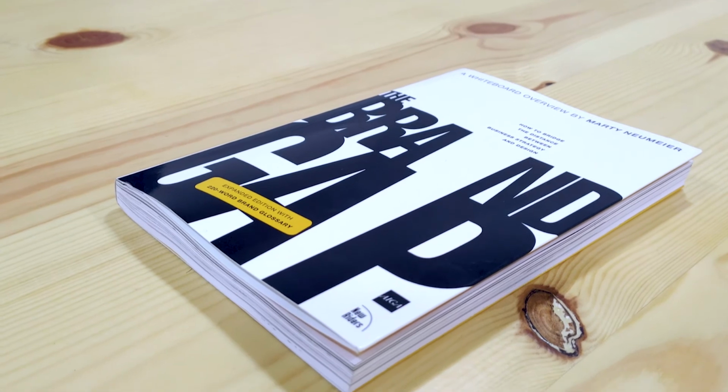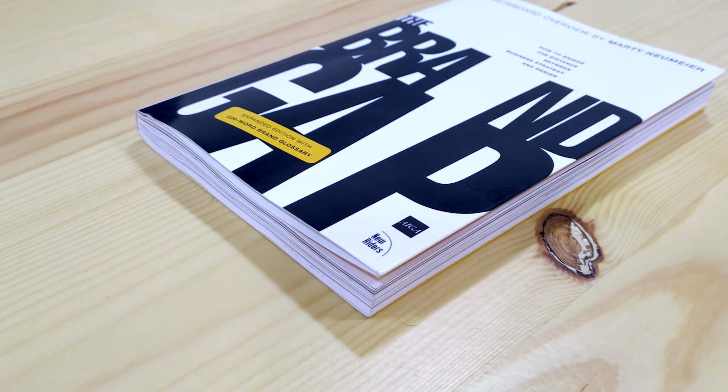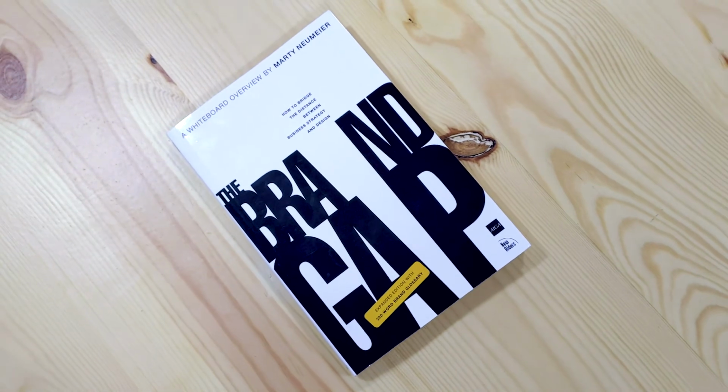So who should read this book then? I would recommend reading this book if, one, you have a brand that's failing. Two, I'd recommend this book if you've got a brand that wants to expand their products or services. For example, if you're a graphic designer that's doing logo design and you might want to do brand identity design, then I think knowing how to position yourself in a really competitive marketplace like this would be really, really important